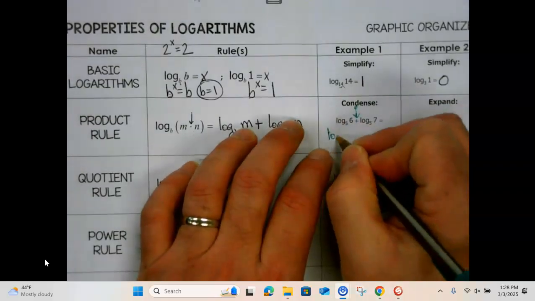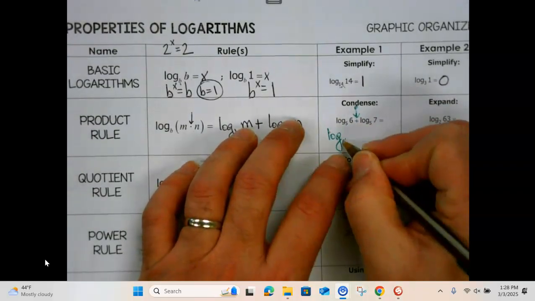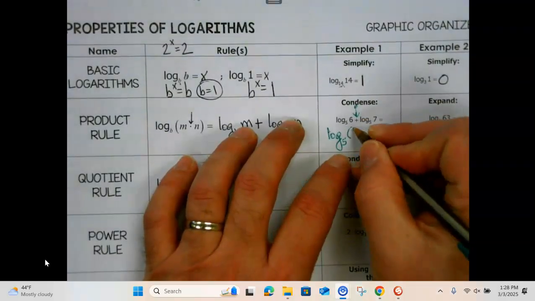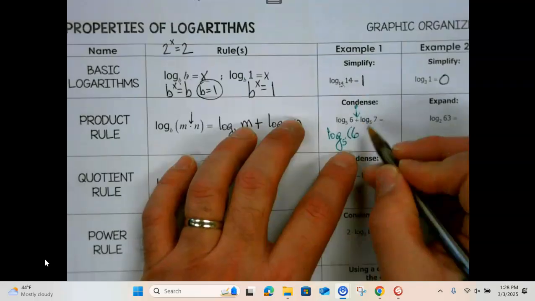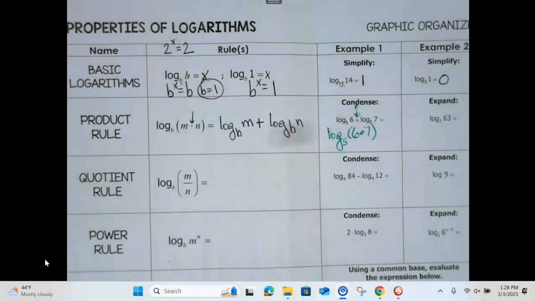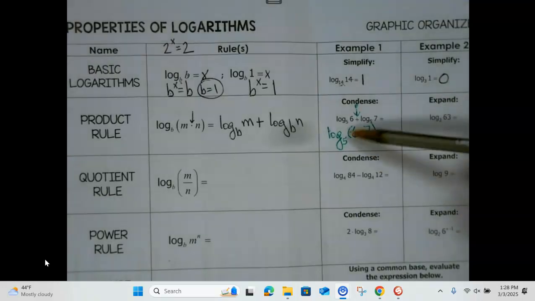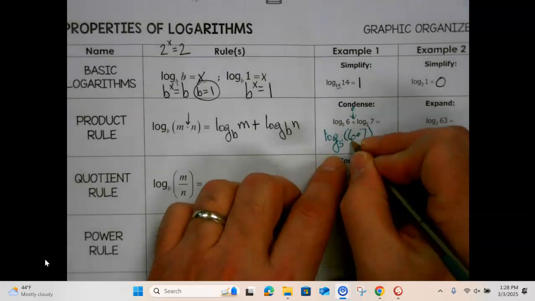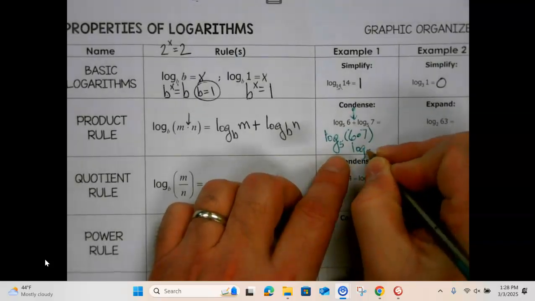So we're going to have log, can't lose my base, and when I get to the plus, that's when the multiply part comes in. And notice we went from 2 logs down to 1. And so here, my final answer,